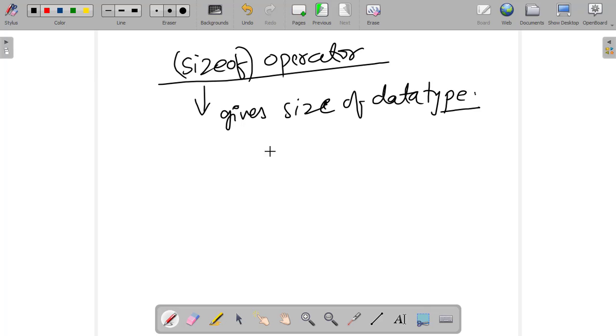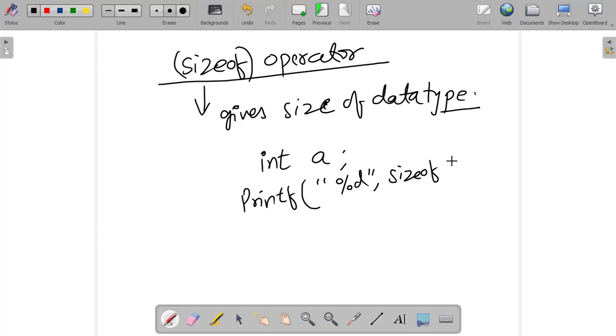So we can see here, if we write int a and then we print sizeof and then a, so what will it print? No, a is the variable, no? We have to write sizeof, and then I can write int. We can also write a. So what will it print? It will print the size of integer, that will be 2 bytes. So I hope it is very much clear.